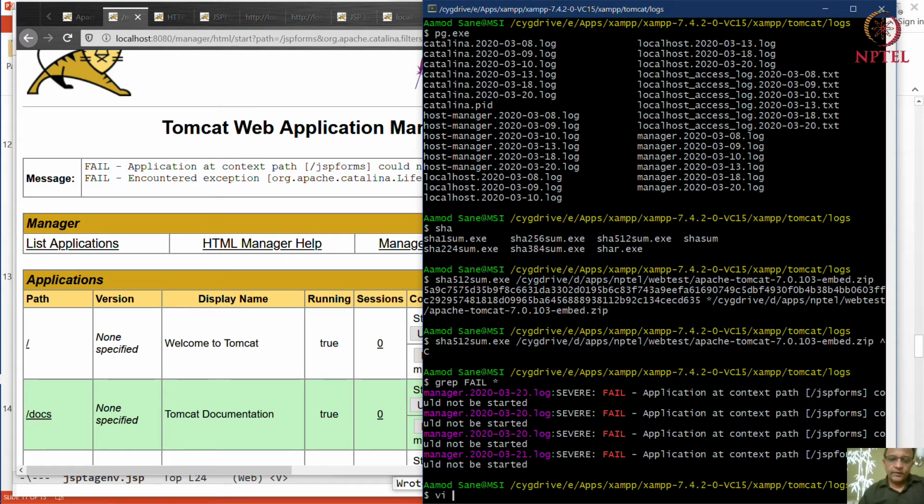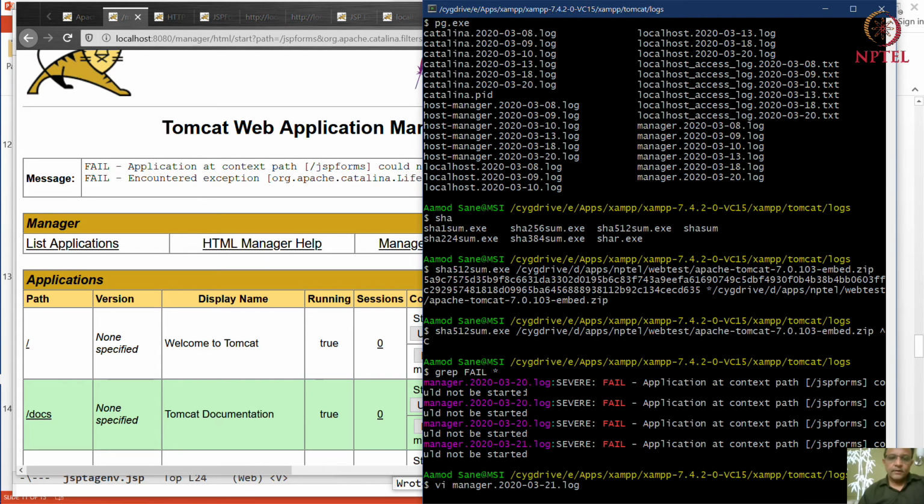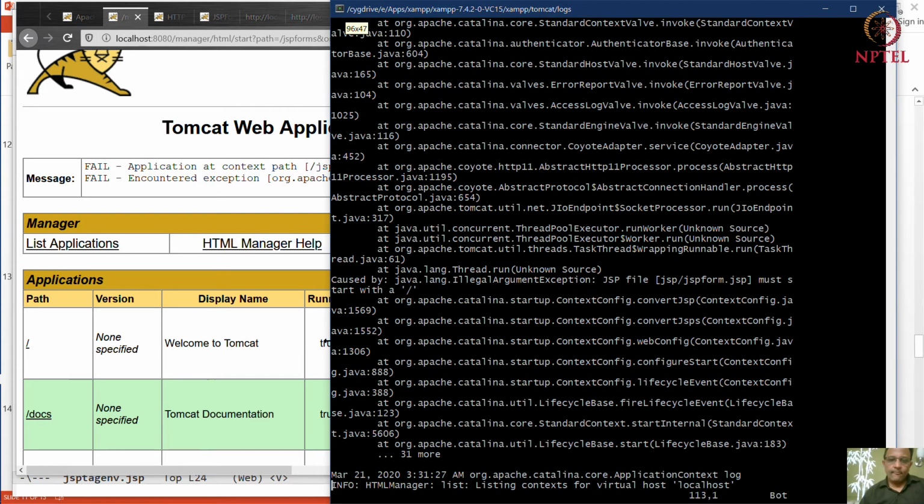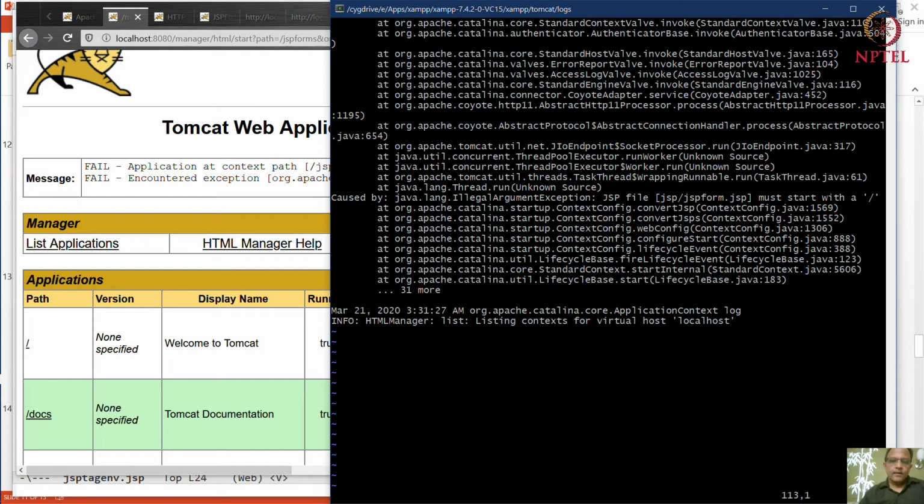So let's take a look at what is in this manager log 21, and okay, there are a lot of interesting things here, but the important lines tend to be called "Caused by".